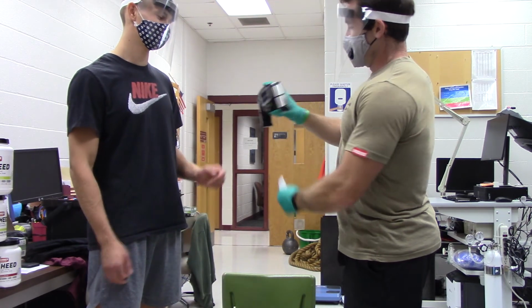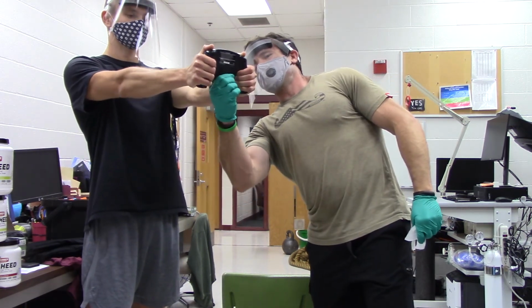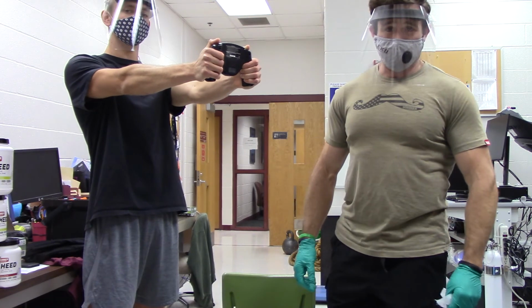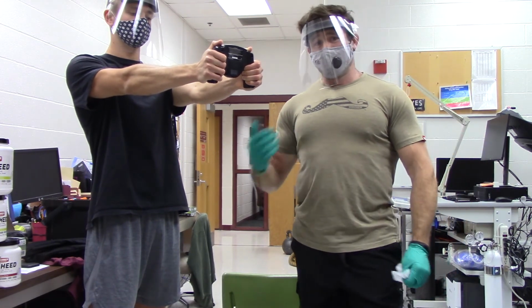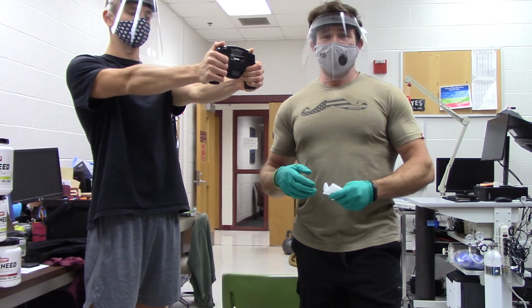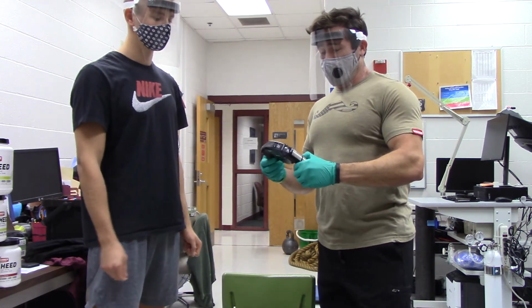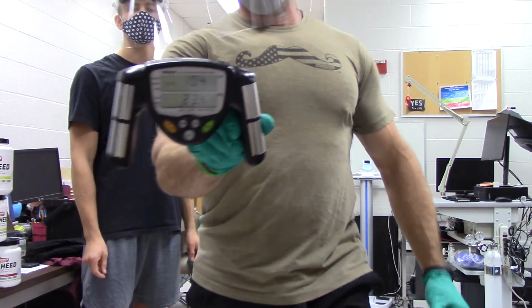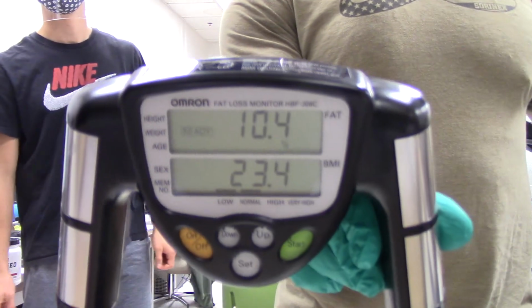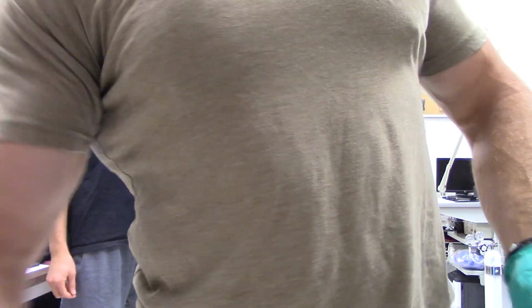So we're going to go ahead and have him grab, holding nice and strong. And then we should be able to hit start, and it's going to go ahead and start the measurement. Once he gets that measurement, he's going to go ahead and write down those values. And that's what you guys are going to put in for the Sozo. The Tanita scale. Yeah, you're really lean. In case you guys were wondering at home, Yehor is a pretty lean dude. But you're going to write in the body fat percentage. And then the last thing we're going to go ahead and do is come on over to